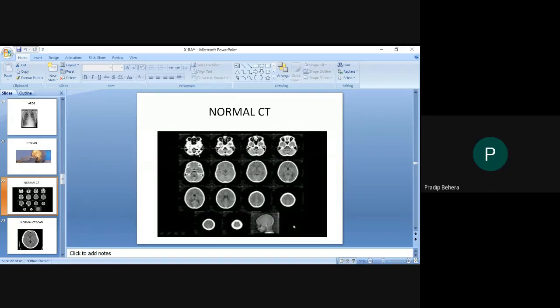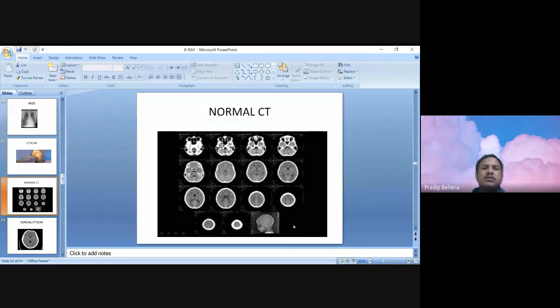So it starts from the base of the lung, sorry, brain. So the base of the brain. Here is the upper one. So gradually, we have taken higher and higher cuts. So finally, the last one is the apex, the calvarium, the topmost section.